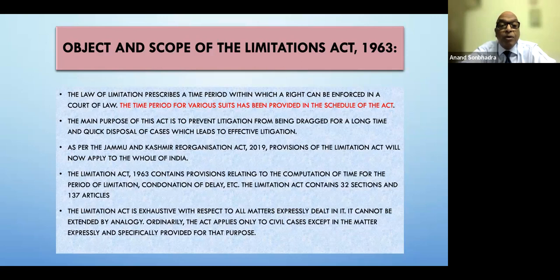And this is important for a quick disposal of cases, which should, of course, result in effective and efficient